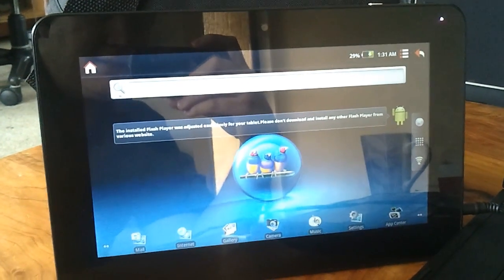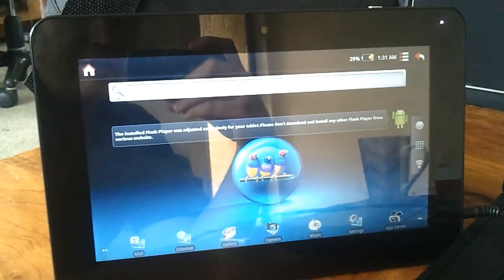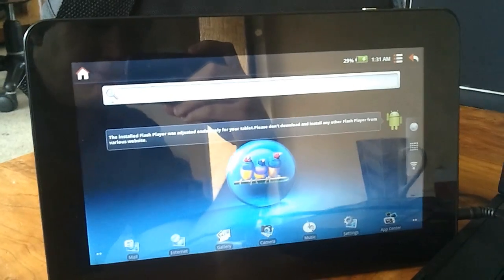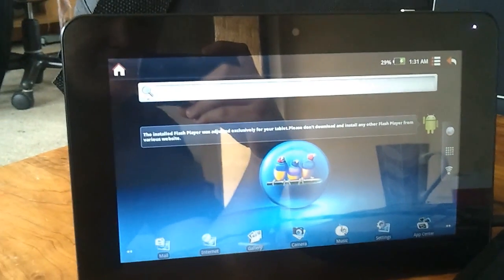Here's my Viewpad 10s. I'm going to show you how to upgrade it to Vegacomb 3.2. Runs very nicely, and yeah. Now, there was one thing that got me very stuck with upgrading